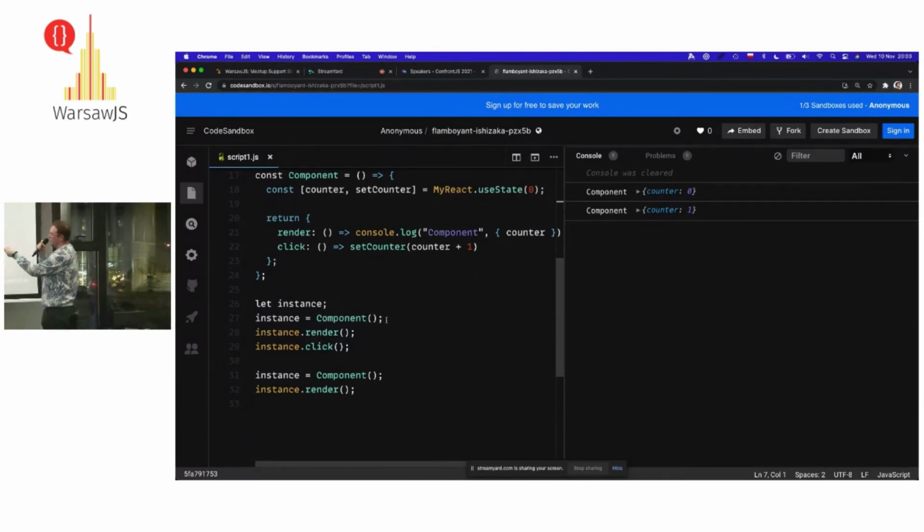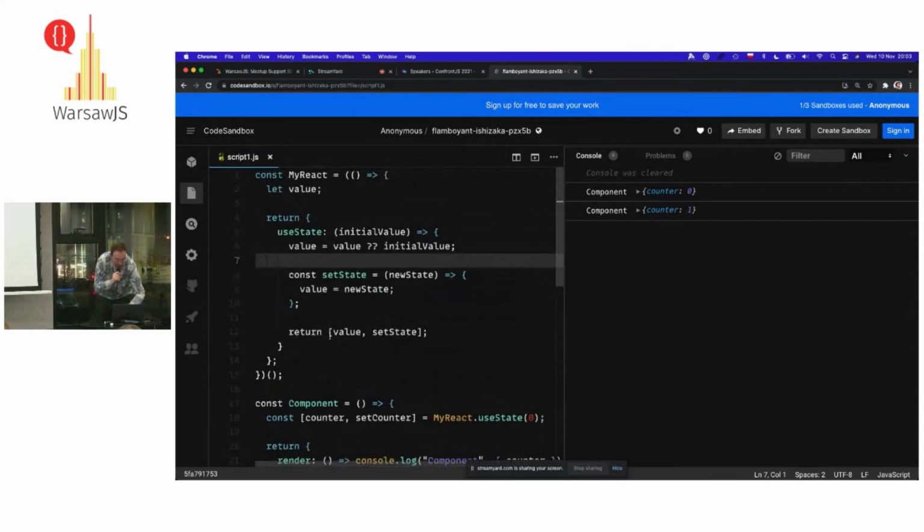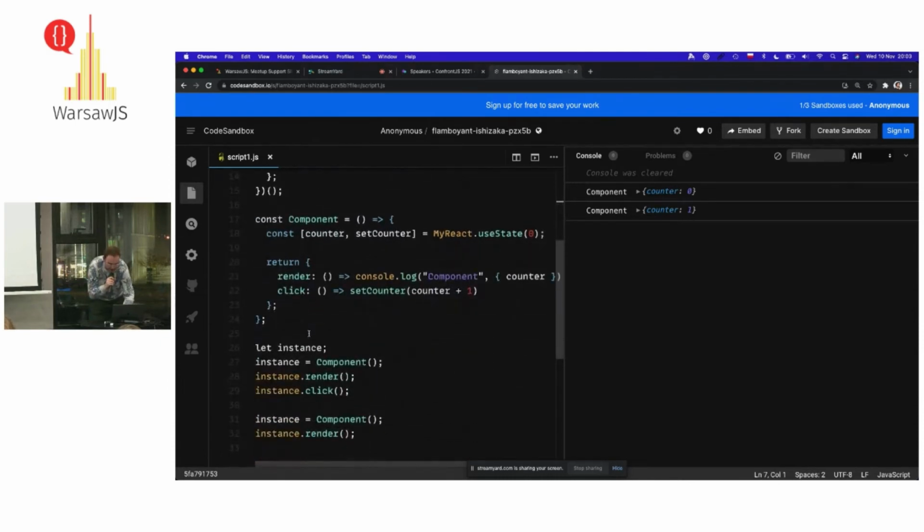So we get the value of counter. We render it. We click, so do an action, and then we call the component once again. So we call the useState once again, and now we use the value that was set here while we were running the click function. Okay, and that's basically how it works.